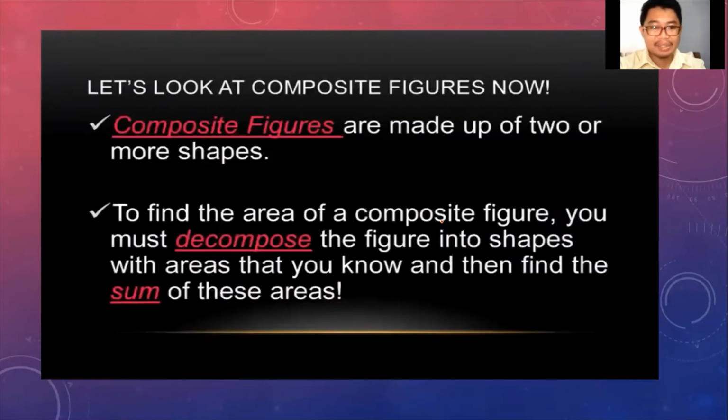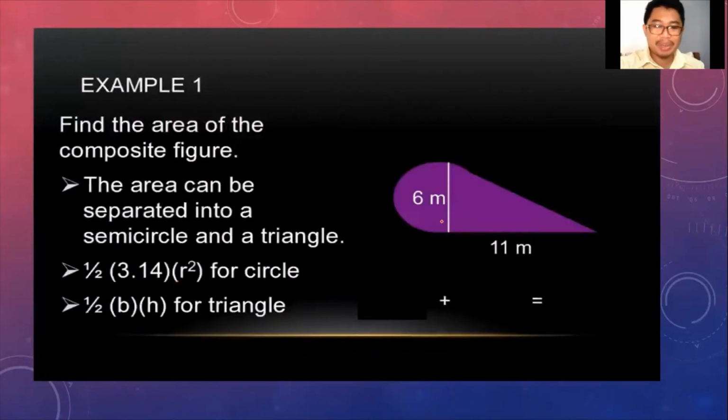Okay, so this time, let us proceed now with our main lesson for today, and that is we are going to look at the composite figure. When we say composite figures, these are made up of 2 or more shapes. To find the area of the composite figure, we must decompose the figure into shapes with areas that we know, and then find the sum of these areas. So let's start with this